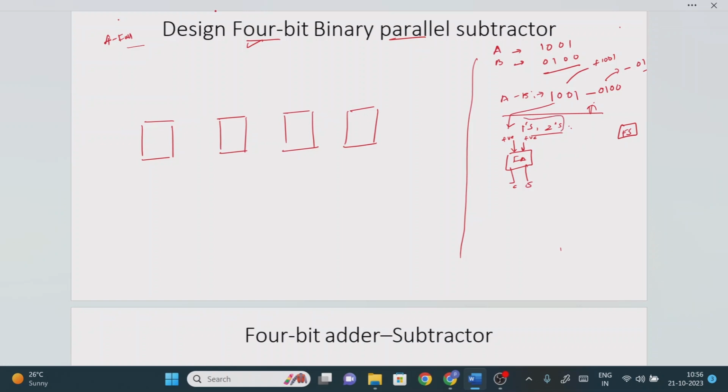For that, we studied the concept of ones complement and twos complement subtraction. The idea is that whatever subtrahend value we have, that is the negative number, by using the ones complement or twos complement procedure, we are going to convert this negative number in terms of a positive number. This is a positive number, so here we don't require any modification, and it will be directly added by the full adder. What about this one? This is the negative number, 0100, so it cannot be accepted by my full adder.